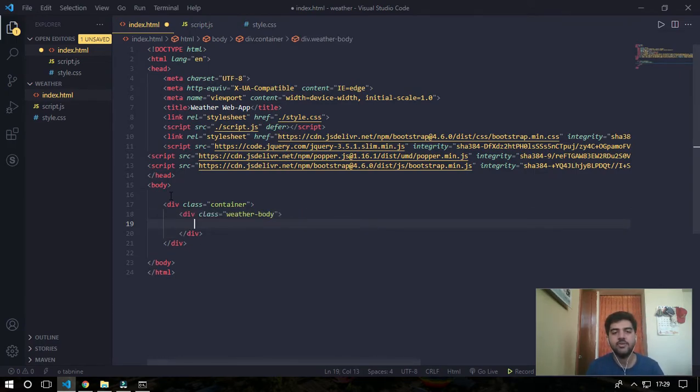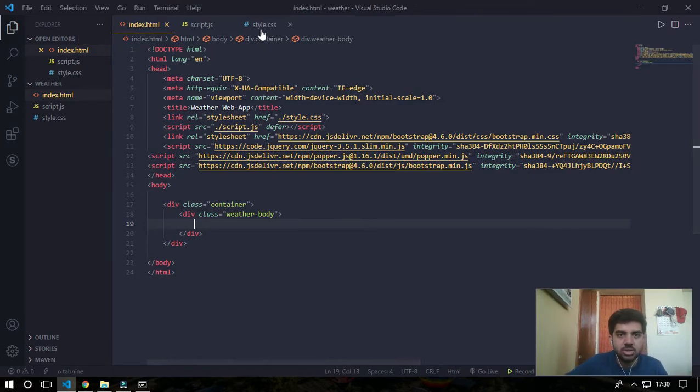So weather body is the div which is gonna display the whole weather contents. Inside the weather body, firstly I'm gonna display the city name. Then I'm gonna display the respective icon for the weather data that I'm gonna get. Then I'll display the temperature. Then let's see what other data we can display.